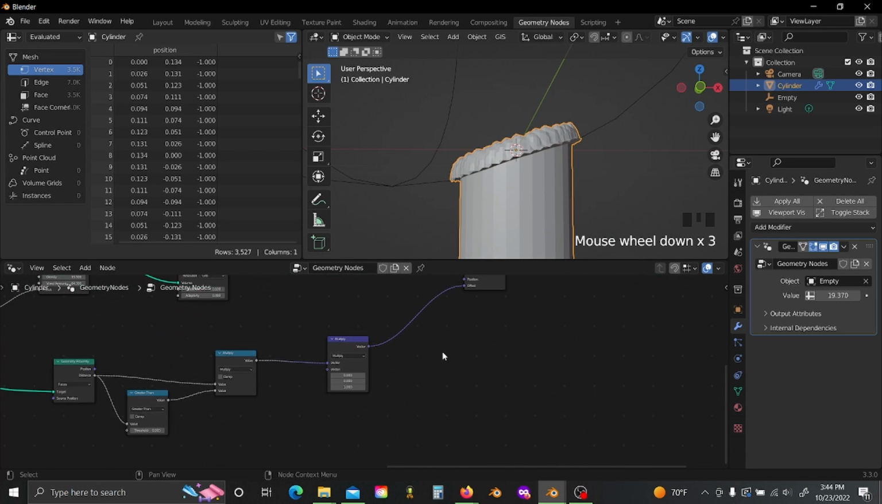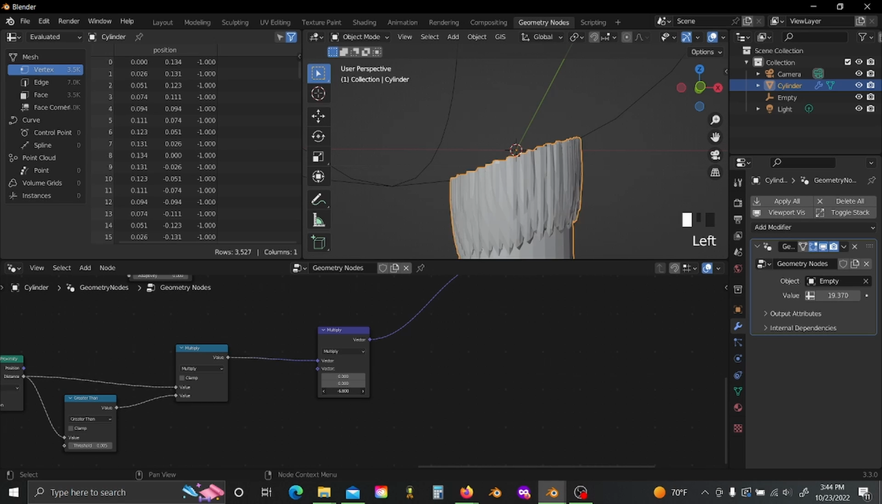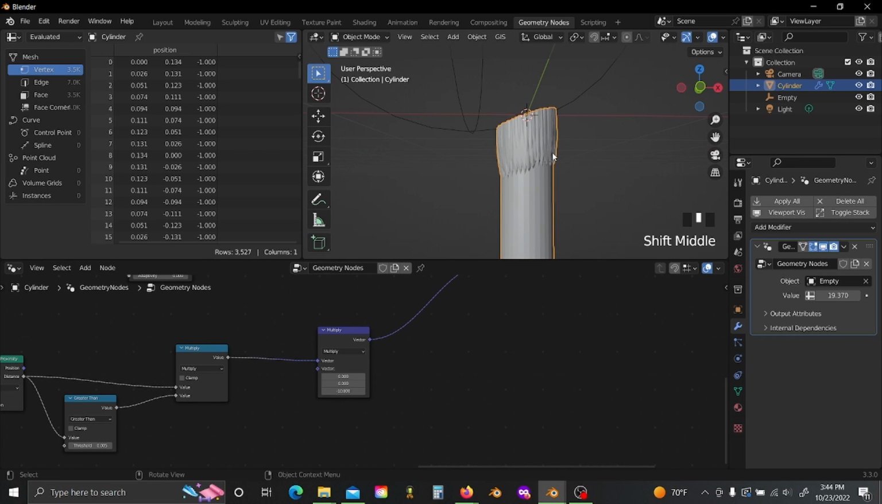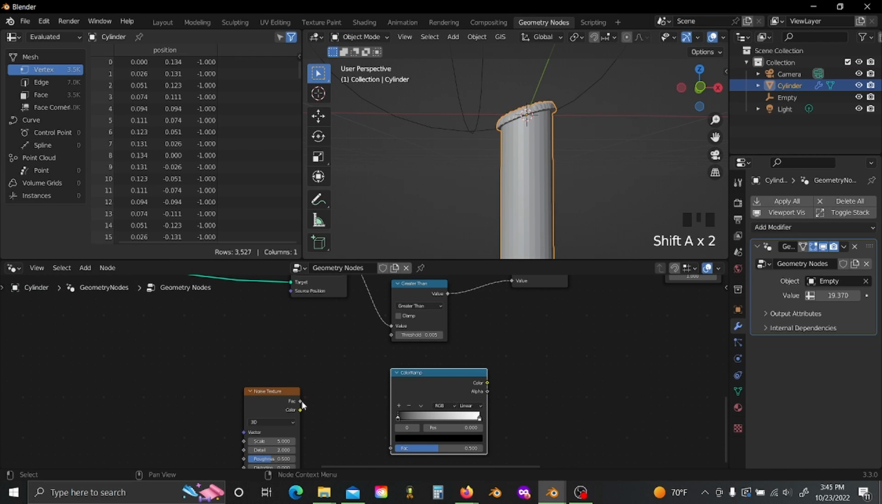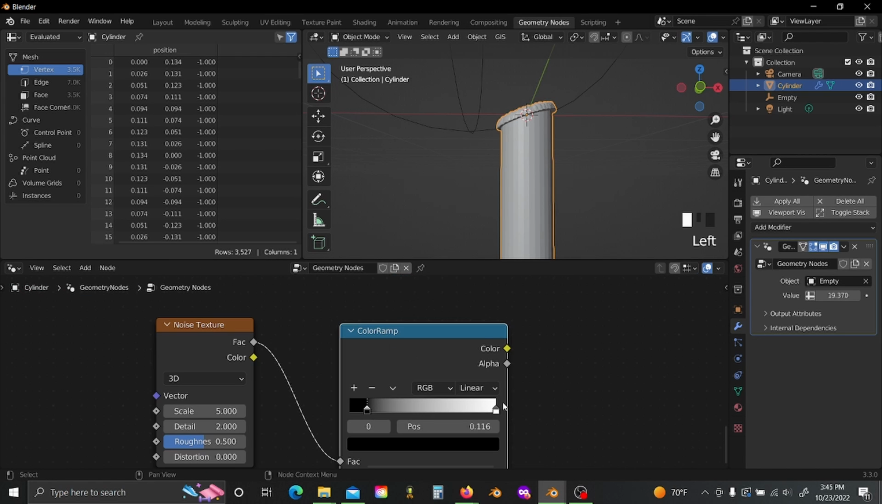Now, that doesn't look very good, but you can see if we make this more extreme in the negative, it does actually pull it down. So now the trick is going to be making it look realistic. To do this, let's add in a noise texture and a color ramp. I'll slide these values up just a little bit so we get more contrast,